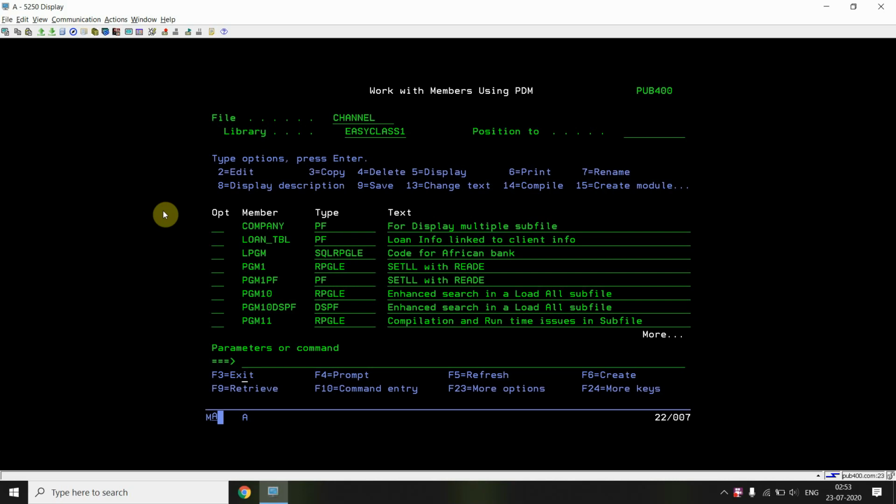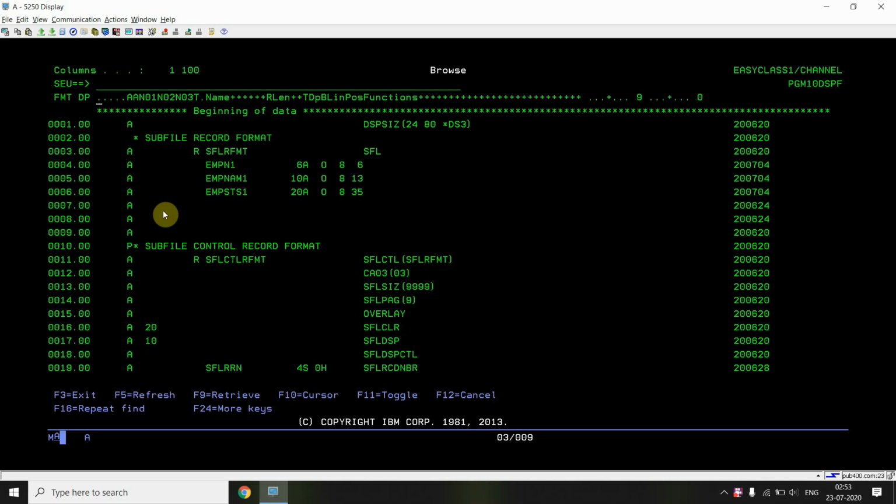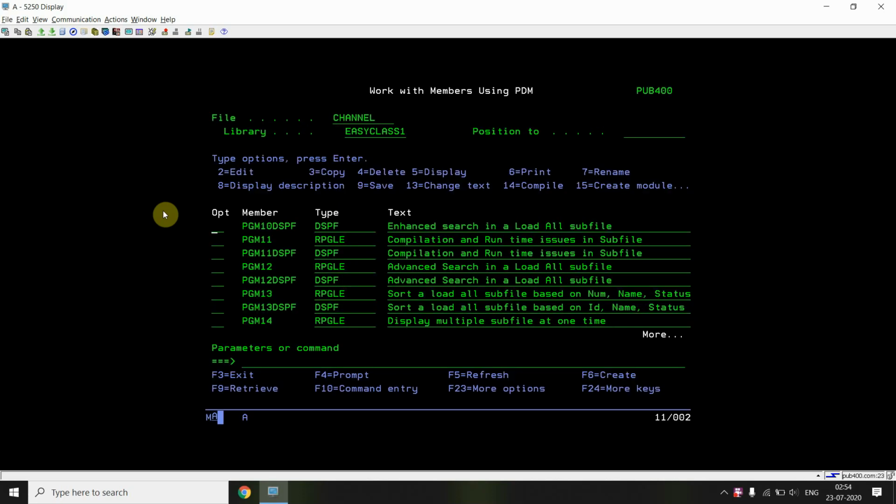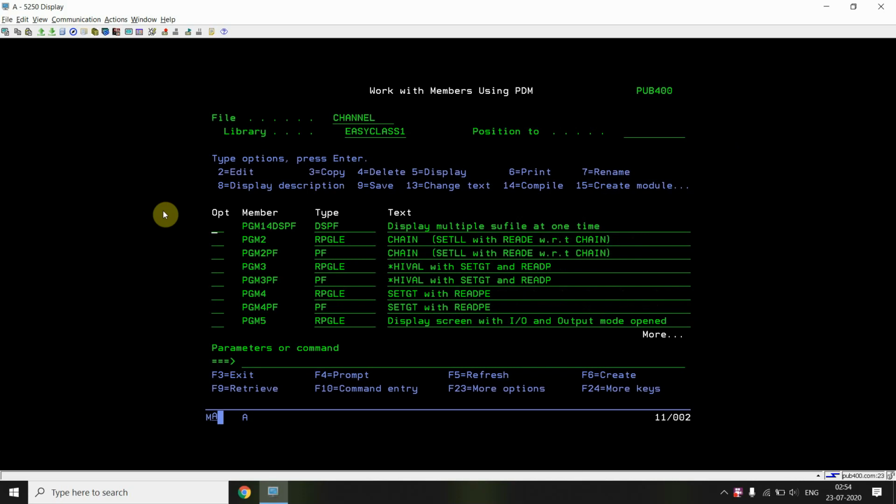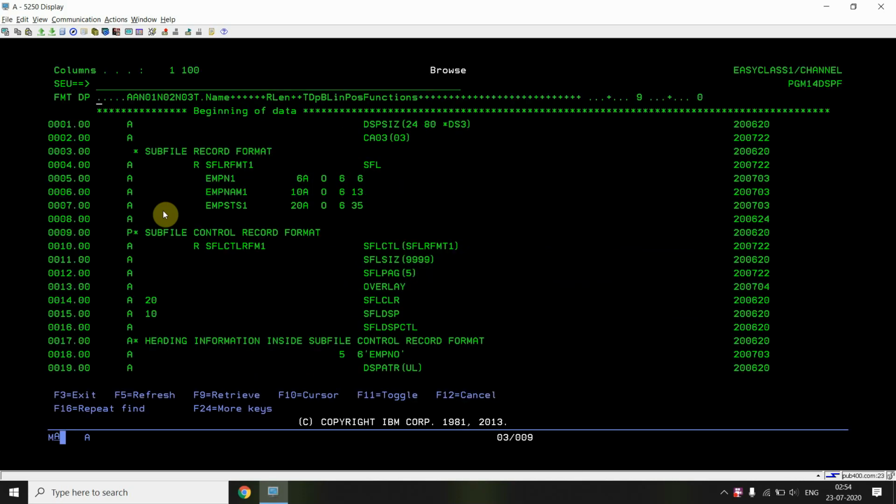So let's move on to the display file. Here there's nothing else I did. I just created two subfile formats and two subfile control formats. This is the subfile pgm14dspf.